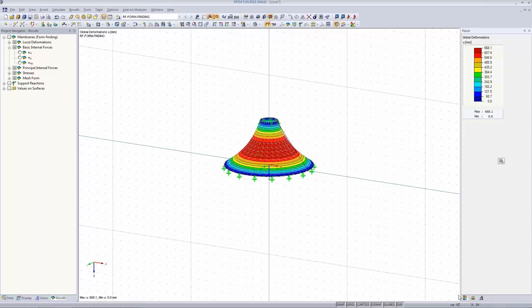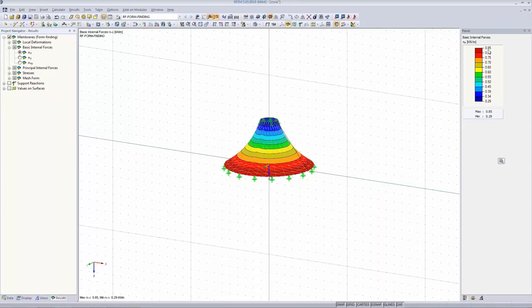That's how it looks, and we can double check again the internal forces, the normal internal forces. And now you see, as I explained earlier with the projection method, here you cannot expect the pre-stress as you defined it. So it will be closest to the one that we defined at the bottom of the cone, but it will be really far away from this 1 kilonewton per meter at the top of the cone, and this is the case. So at the bottom of the cone you have